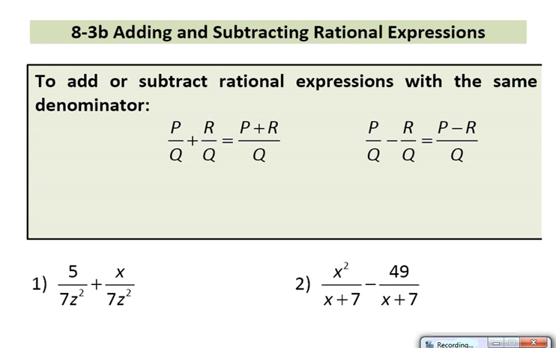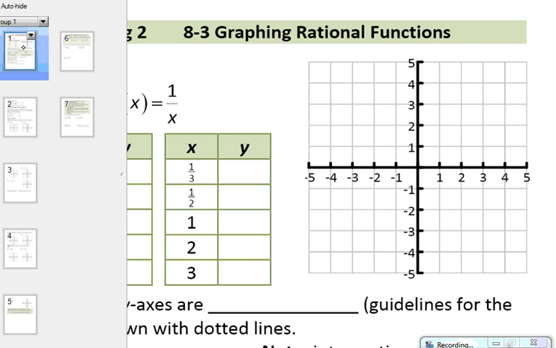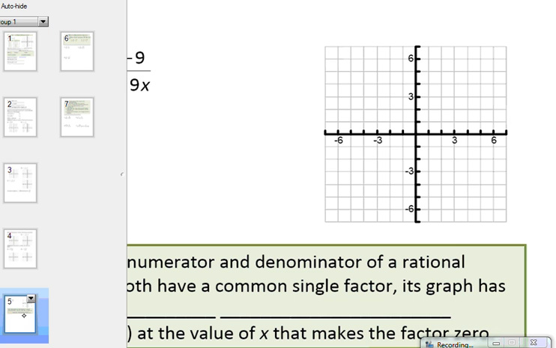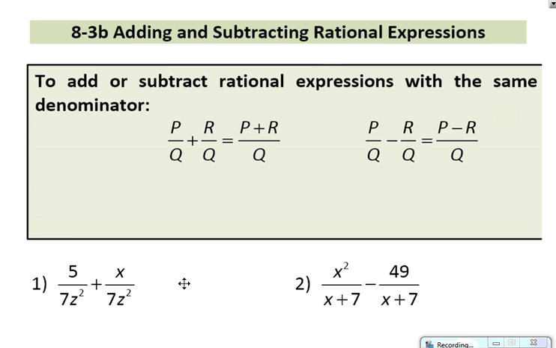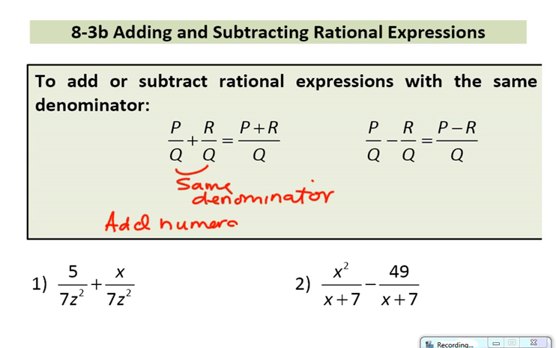This set of notes will complete the one that began with graphing rational functions. So we're just going to move on and do a later part of those notes, which will be adding and subtracting rational expressions. To add fractions, basically, what you do is you've got to have the same denominator. And once you have the same denominator, then you will basically add the numerators and keep